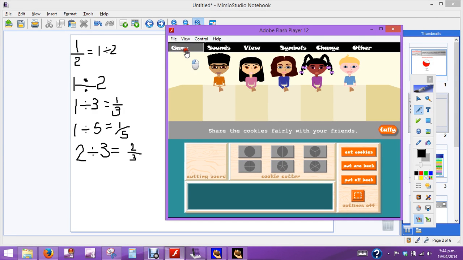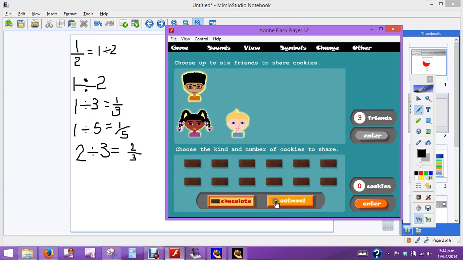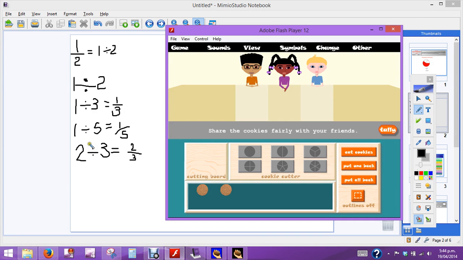I need 3 mates and I need 2 cookies to share. So I'm sharing 2 split 3 ways, 1 for each of my 3 mates. So I'm going to take this cookie here and use my thirds cutter. And so I'm sharing the first cookie into thirds each,